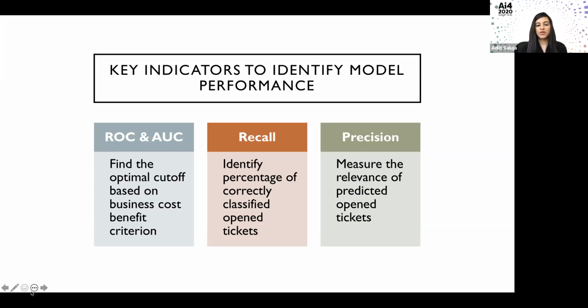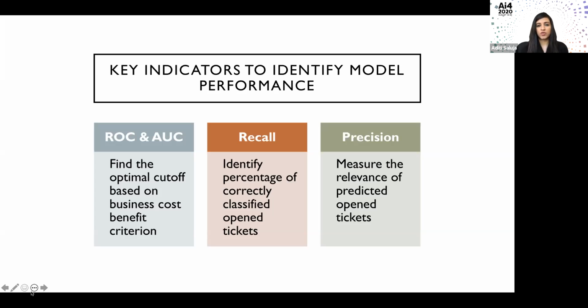The second metric that was really important for this particular exercise was recall. Recall is to identify the percentage of correctly classified open tickets. In my case, accuracy was not important, and the reason being, 99% of the people are not opening a ticket.